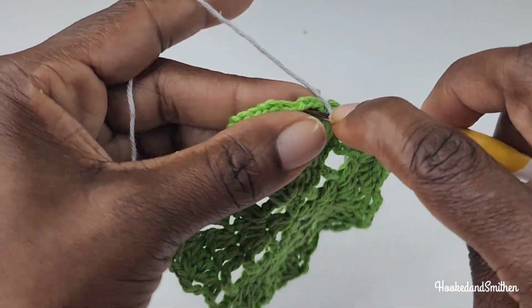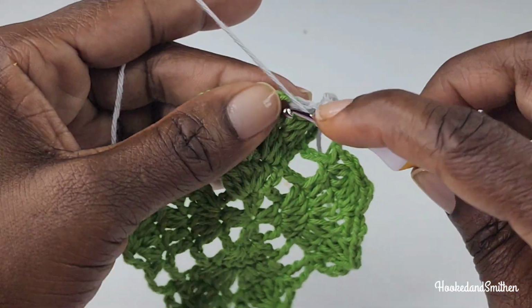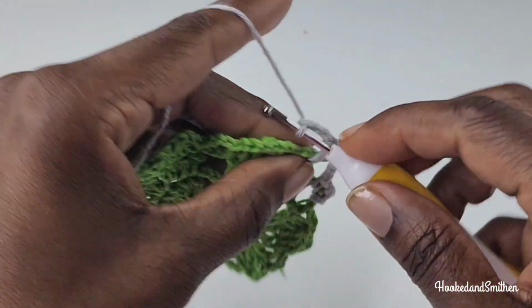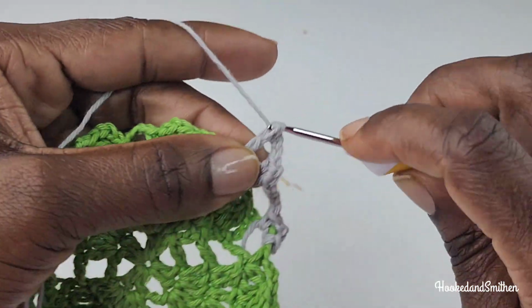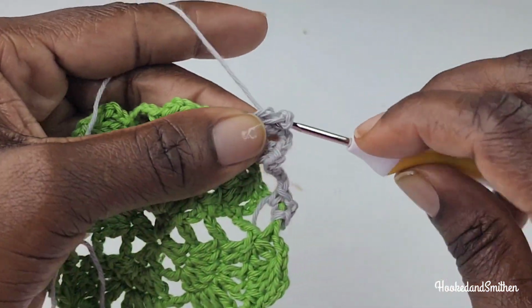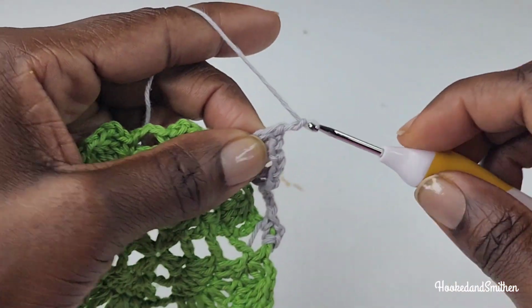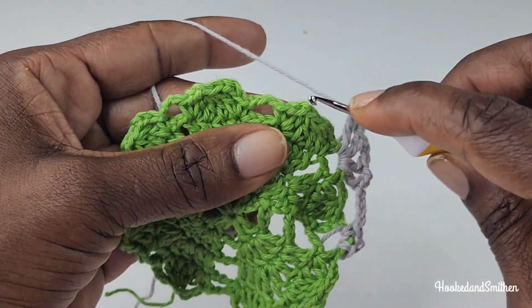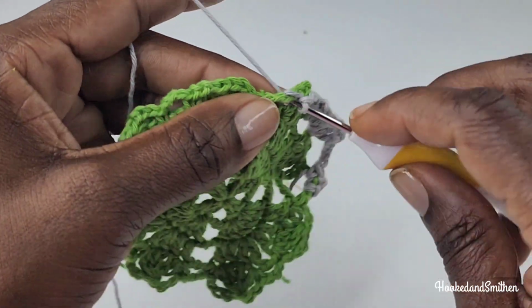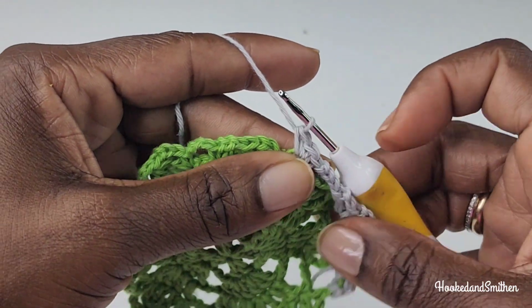You're going to make a corner stitch here, a double crochet, chain 2, a double crochet, chain 3, a double crochet, chain 2, and one more double crochet into the same space. Chain 3, into the chain 3, not this chain 3 but this one. You're going to make 3 single crochets, chain 3,